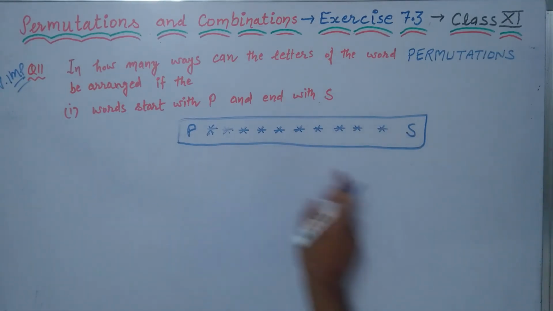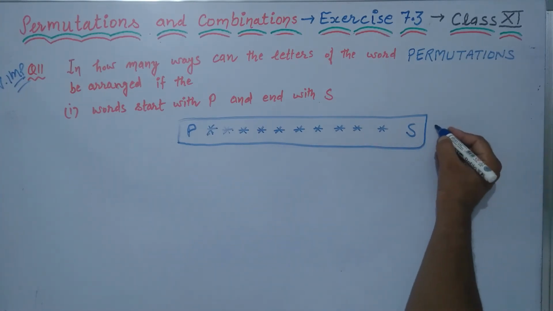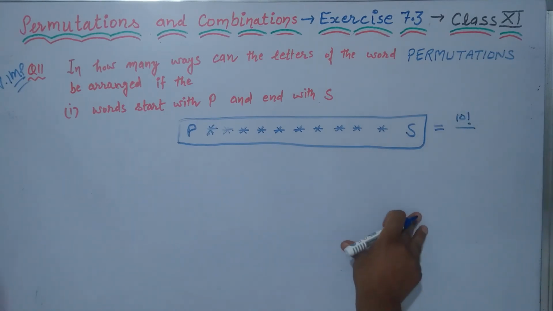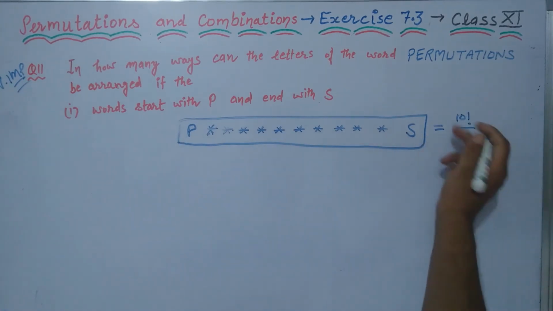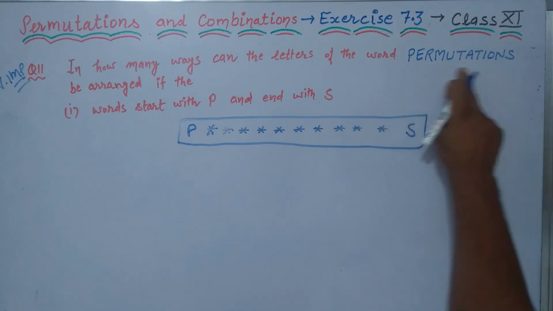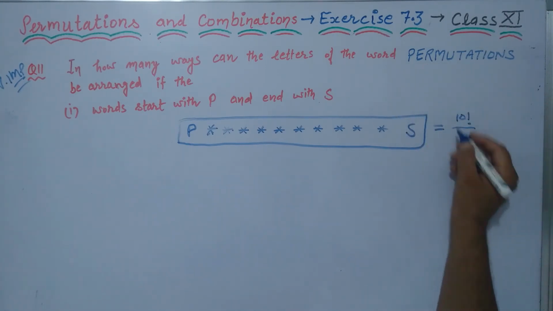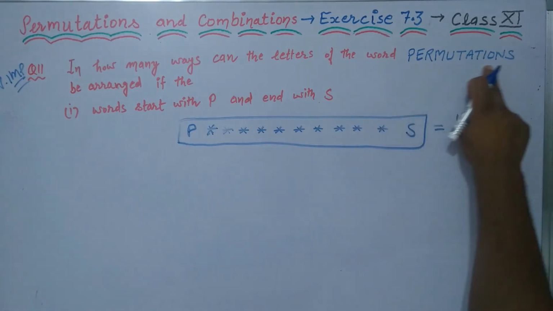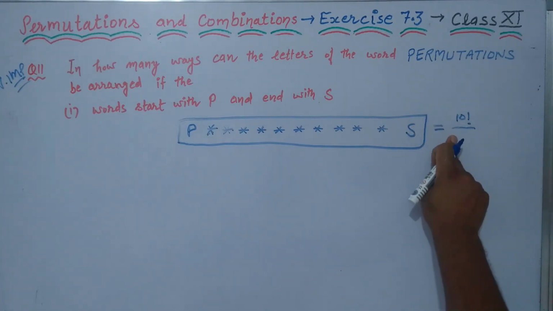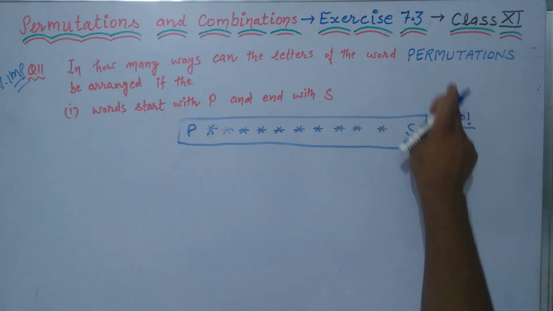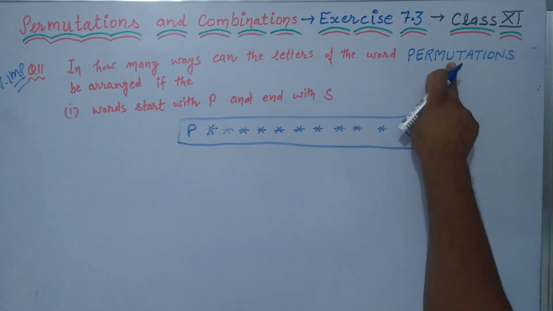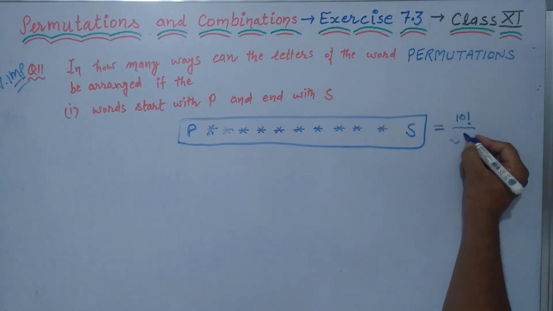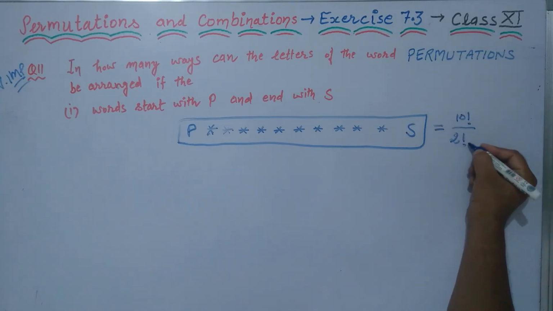So these 10 letters are to be arranged. So what is the number of ways? That is 10 factorial divided by, after these P and S, if any letter is repeating, how many times they are repeating will be written in the denominator. P is counted already, so starting with E, it is repeated only one time, no need to write in the denominator. R comes only one time, M comes only one time, U comes only one time, T comes two times, so we write here 2 factorial.